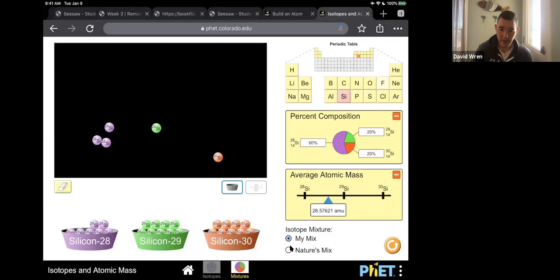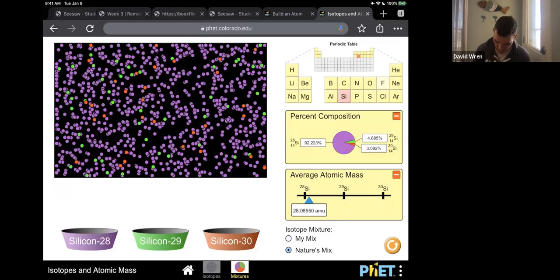So if we look at nature's mix, so what is nature's mix? We can see on this one, nature's mix, wow, it is all silicon 28, okay? You have no way of predicting that. You don't know why things are more stable. It is under 20, so you would expect maybe 14 times 2 is 28. That makes sense. It's kind of where neutron rich is more stable. So that could be a good guess, but it's really hard to tell. You just don't know. But that's why you have the ability to change it and kind of see.